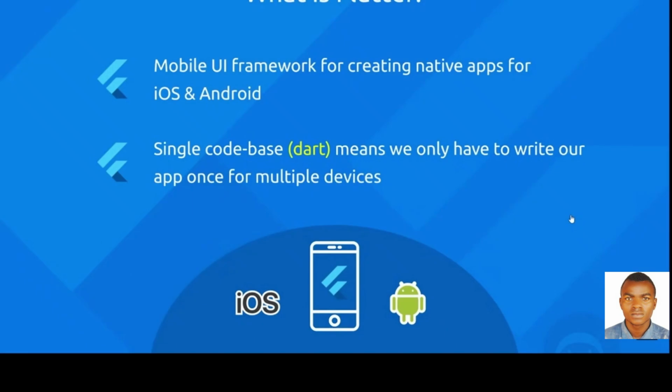Alright then gang, so first things first, what is Flutter exactly? Well, Flutter is a mobile UI framework and we use it to create native apps for iOS and Android devices. Now those apps that we create, they're all going to get access to platform APIs like the camera or the microphone, and the great thing is that when we use Flutter to create these apps, we only have to use a single code base, and then those apps, they're going to run on both of these different operating systems, iOS